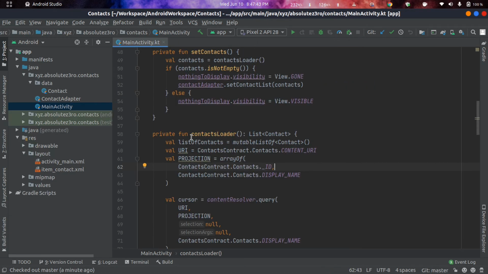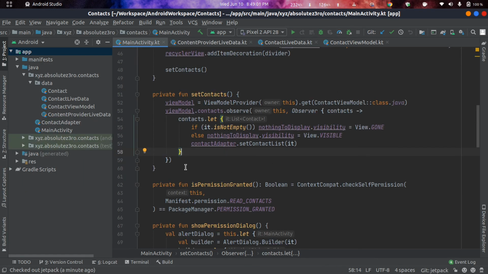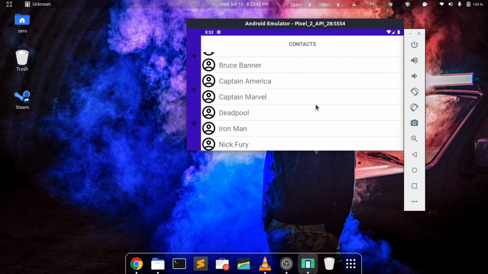Next, we modify our main activity class. So in your version of main activity, you already have this private function here which queries for contacts list, but we no longer need it. So just remove this part and modify this setContacts private function to actually use the view model. So now, as you can see here, we are initializing our view model class and then attaching an observer to our live data. So that's all. We have successfully implemented live data with content provider. You can go ahead and run the application and try to rotate the device so you can actually see the view model in work.